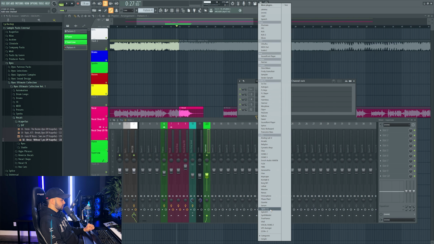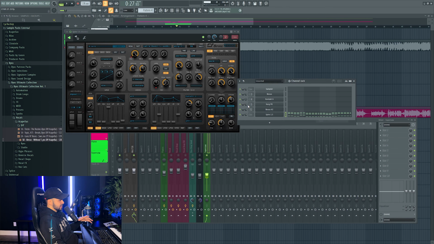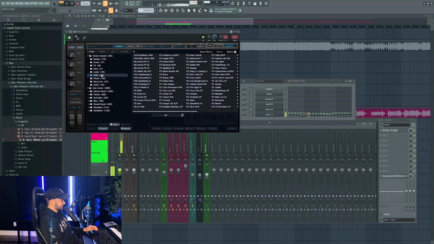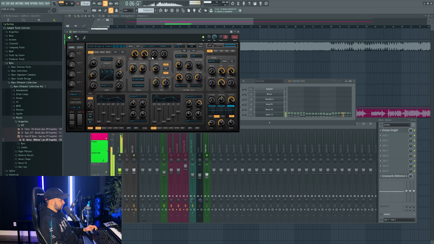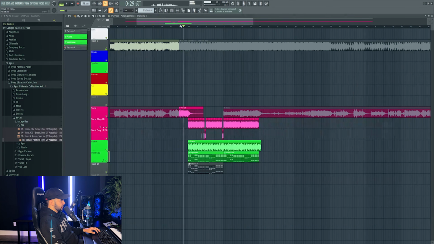What about like a pad of some sort? We can go to Spire for that. Something to give this a little bit more of like a vibe, for lack of a better word. That's cool. Maybe up an octave though.